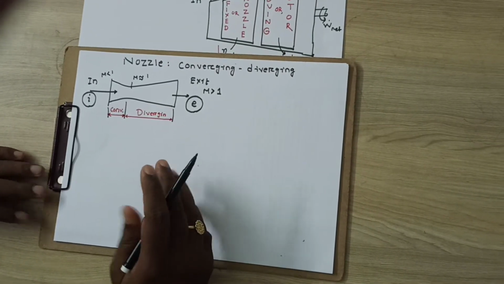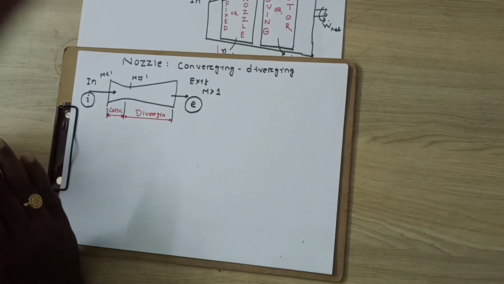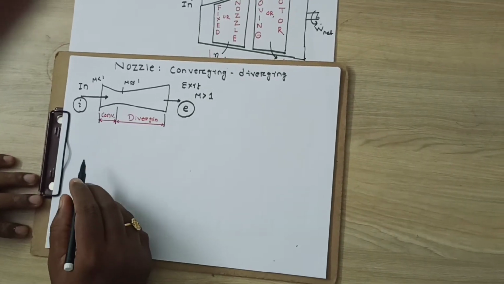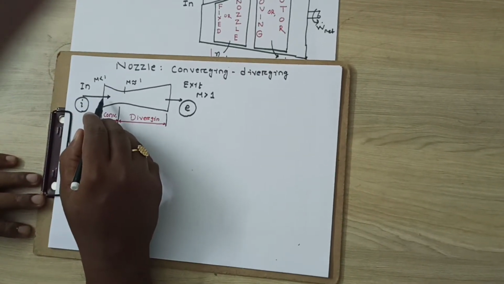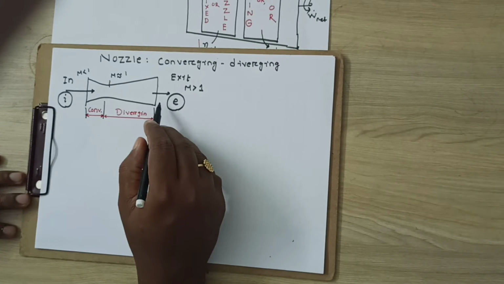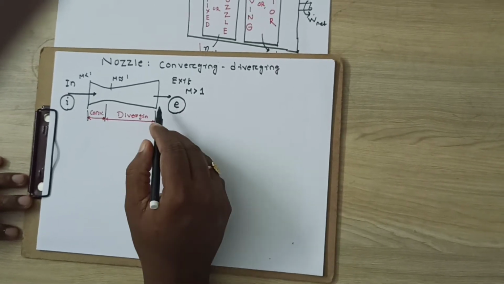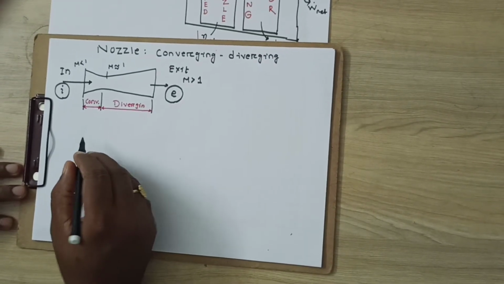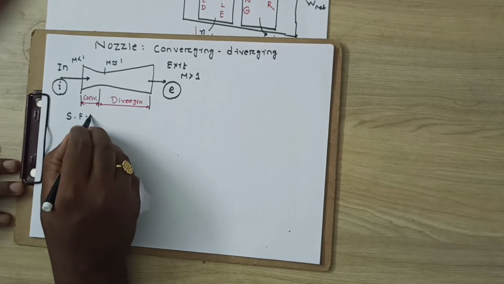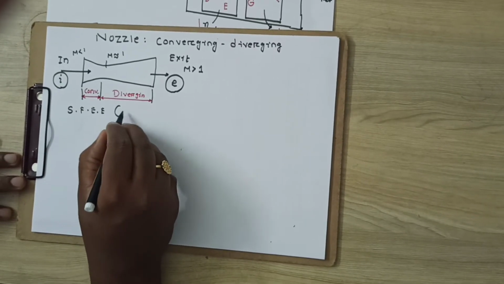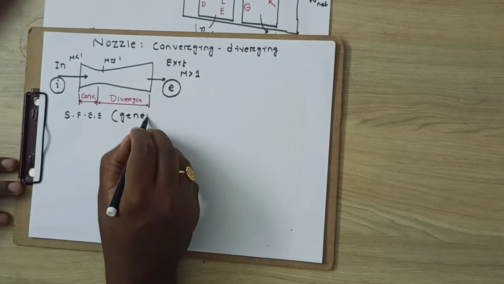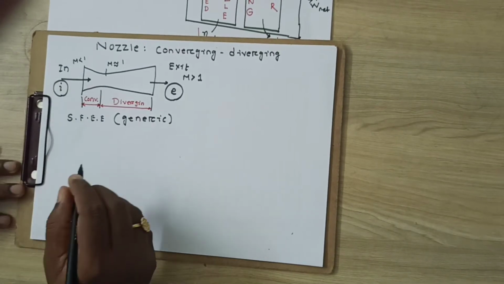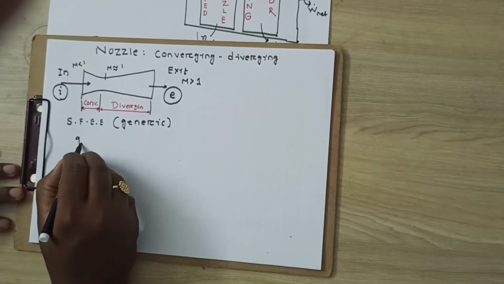Now our objective is to find out how this heat energy is being converted into mechanical energy. At the inlet we provide high pressure superheated steam, and at the exit we get very high velocity, high kinetic energy steam. So the generic steady flow energy equation. Why is it generic? Because it can be applied to all control volumes, and then we can derive the particular one. What is the generic steady flow energy equation?